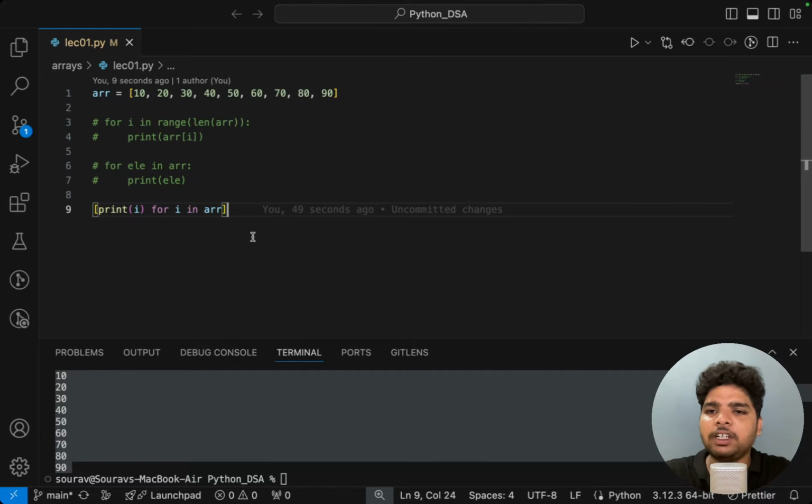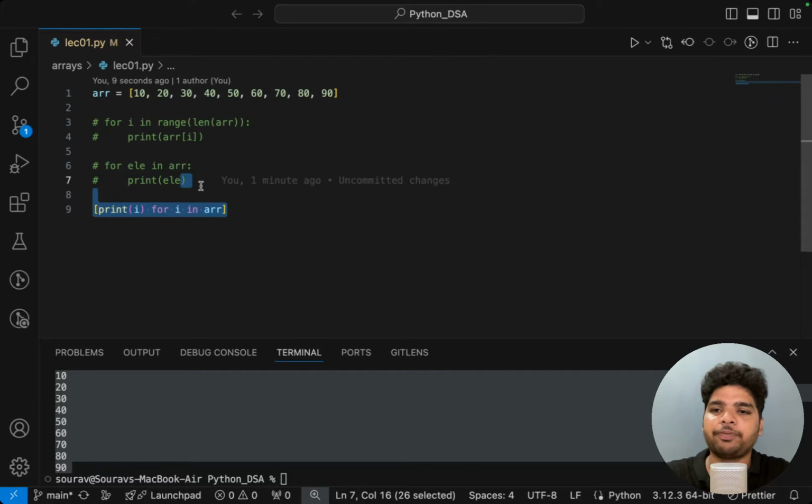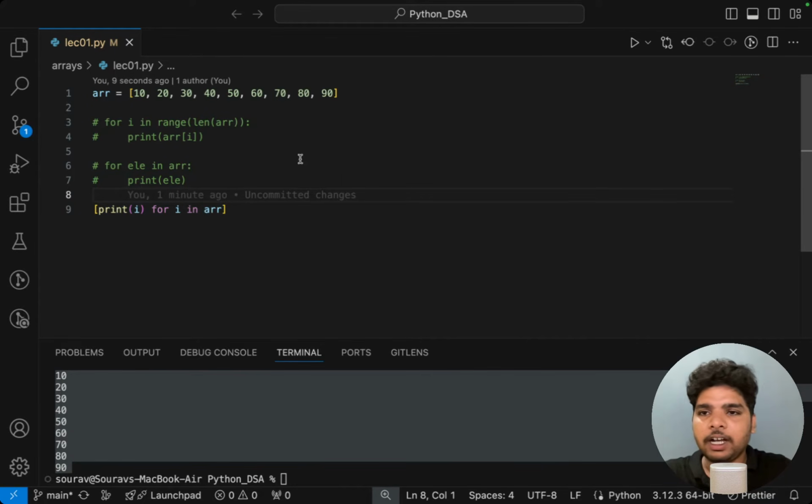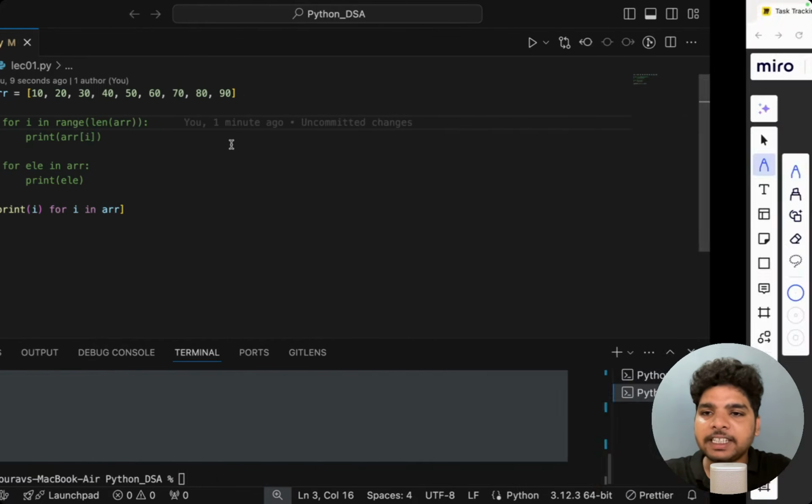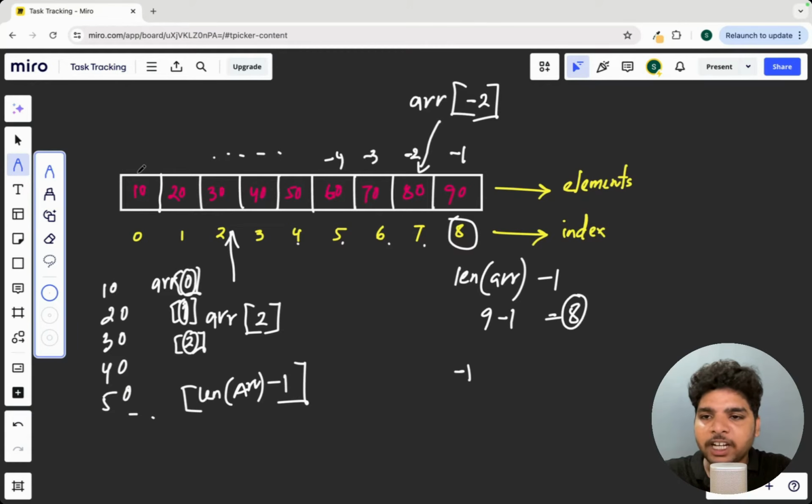an array. Now tell me what will be the time complexity for this approach and this approach, and what will be the space complexity of this approach and this approach. Let's try to understand. Now for this particular approach, what will happen? It will basically run first element, second element, third element, like that, right? So if the size of the array is n, then it will execute the code n times, because for the 0th element it will execute, for 1 it will execute again, for 2, and up to the length of the array,